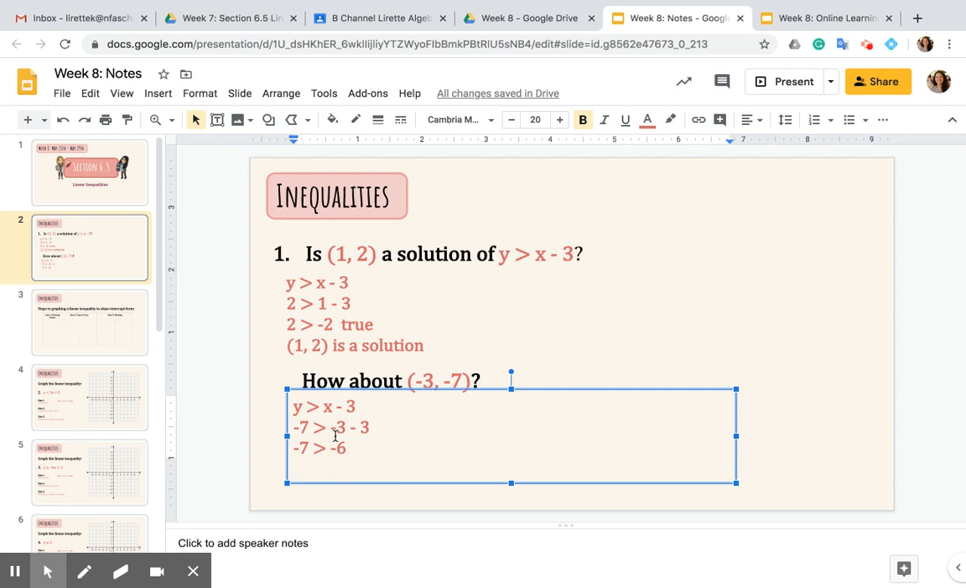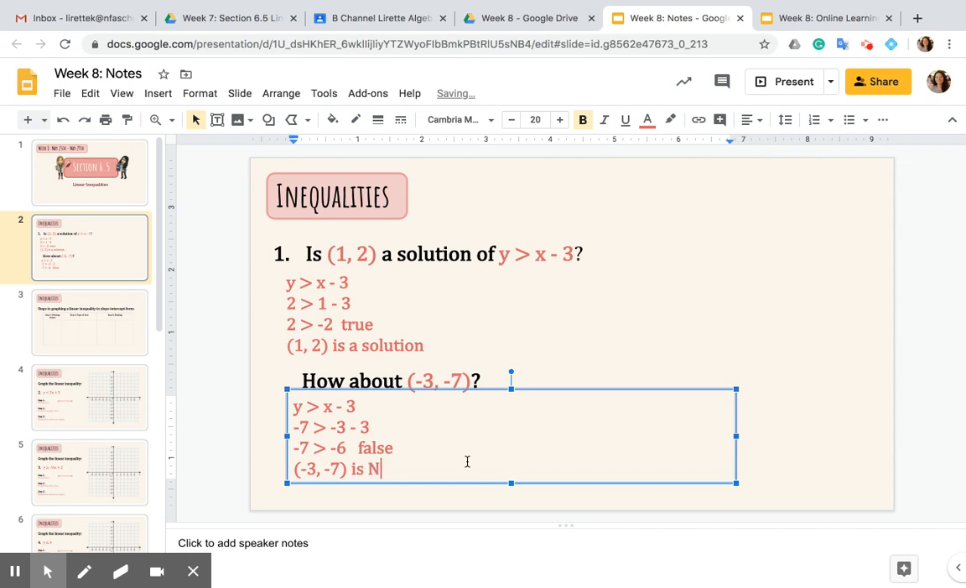Once I've got it down to one number on both sides, I just read the statement to determine if it's true. This says negative 7 is greater than negative 6. So we ask ourselves, is this true? And the answer is no. Negative 7, because these are both negatives, this is actually false. If they were both positives, yes, it would be true, but you have to remember negatives work backwards. So this ordered pair